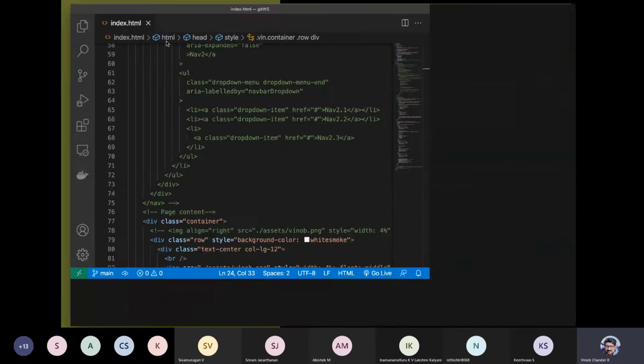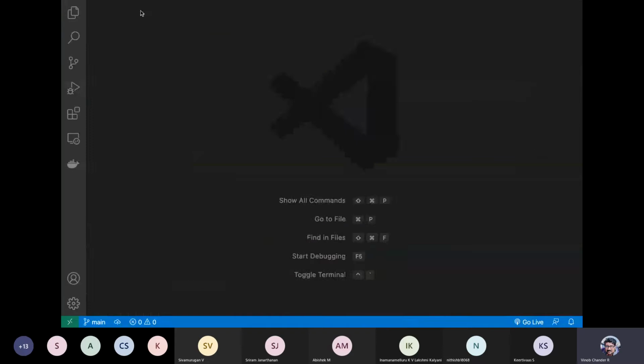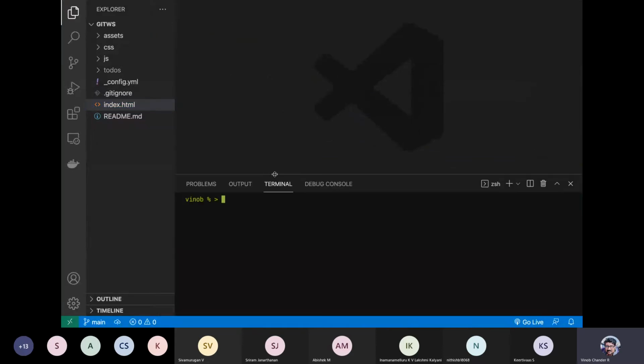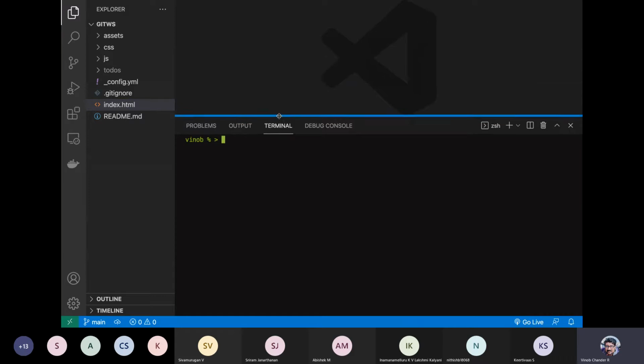Okay, we have opened up this particular project. So we are in the project, right? Let us fire up the terminal and just first of all check our status. So we are in branch main, okay? And once again, let us check the different logs that are available that we have created yesterday.